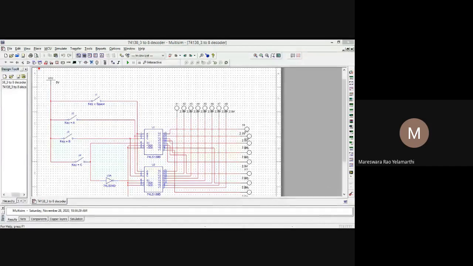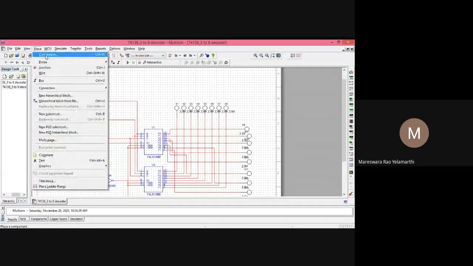Okay, right, good, fine. So now, see here, you may have confusion about how to get this 74LS138 IC. So for that, I will tell you clearly. First you should go to Place, select Component.